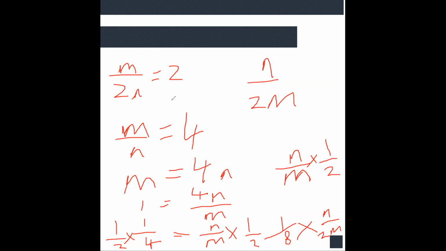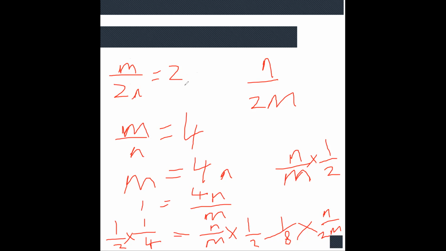What if we say m is equal to 2 and 2n is equal to 2? Then we find the value of n by dividing both sides by 2. Then n will give us 1. Then we just substitute in n over 2m. Repeat that, start from the top. Okay. m is equal to 2 and 2n is equal to 2 as well. Then we divide both sides. That would make this wrong,